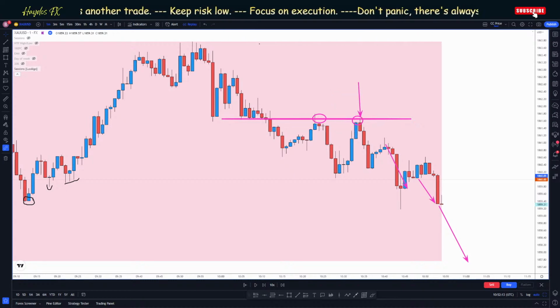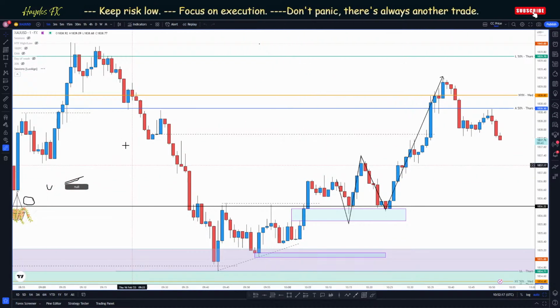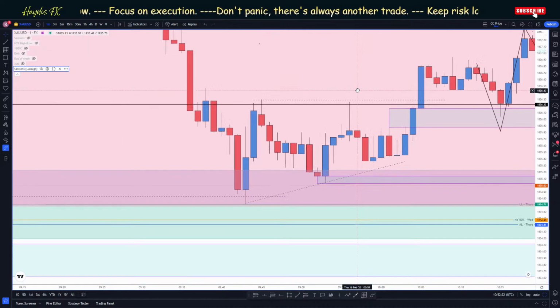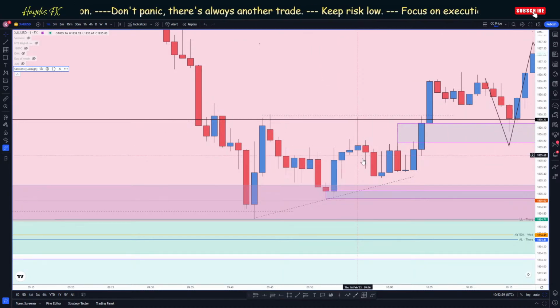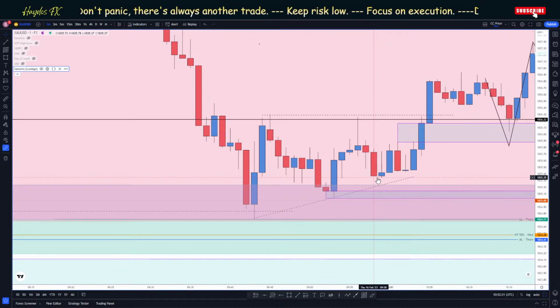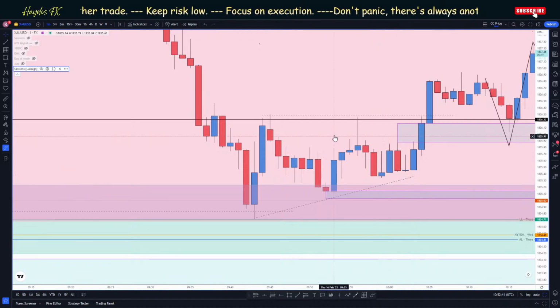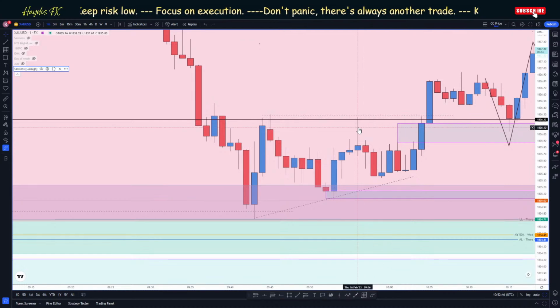So that was what I was thinking in the back of my mind when we got to current price, why I hesitated down here. Because the 30 minute, the 1 hour, and the 4 hours were looking bearish, and because this didn't break the high as I was coming down, I wanted this to break the high first. I'm hesitating because of what happened on Tuesday, taking 2 losses in London in front of everyone, because I gave it 1 go and then I gave it a second go, and then both of them lost,